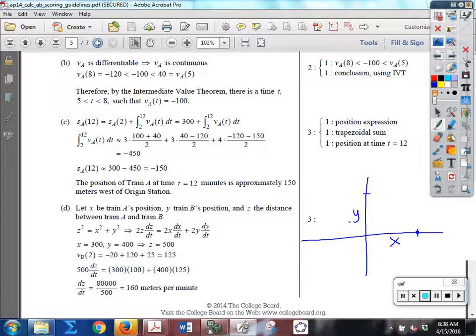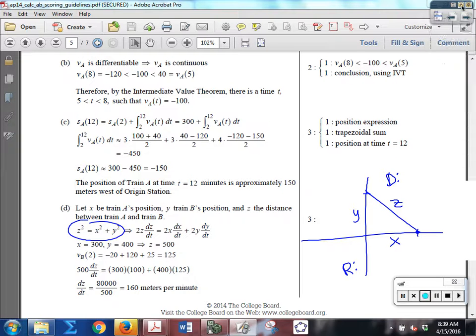If you write this, I think that was worth 1 point, to be able to write x squared plus y squared equals z squared. There's my diagram. My rates are going to be, the nice thing about it is my rates are the velocity of train B at, does it tell you? Oh, I just have the velocity, v of t equals,